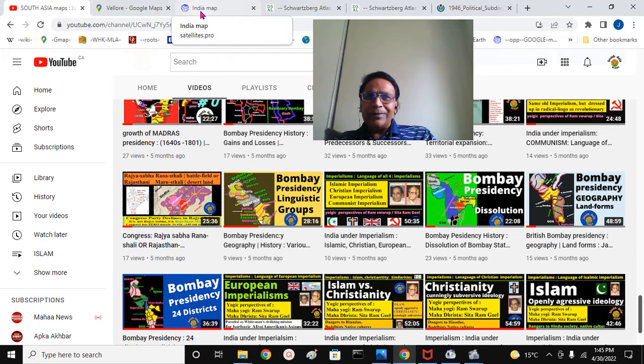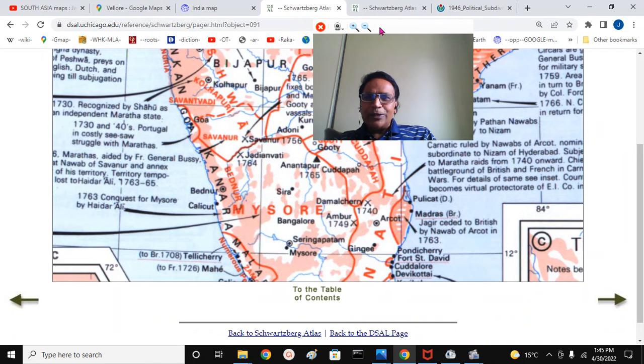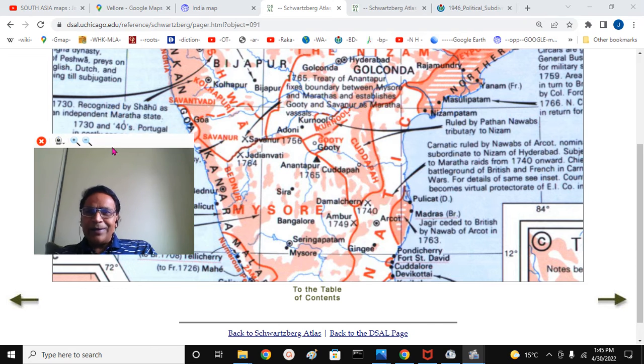And this is the Schwartzberg Atlas, the authentic atlas. We are looking at the Carnatic region. Gingi was once the capital of Arcot Nawabs. Later their capital was Arcot. In the final stages, the capital, or where the Nawab ruled nominally, was Chepak Palace in Chennapatnam, Madras. Kadapa Nawab, Karnool Nawab, Gutti Marathas, Savanur Nawab, and this is the Wadayar's land.